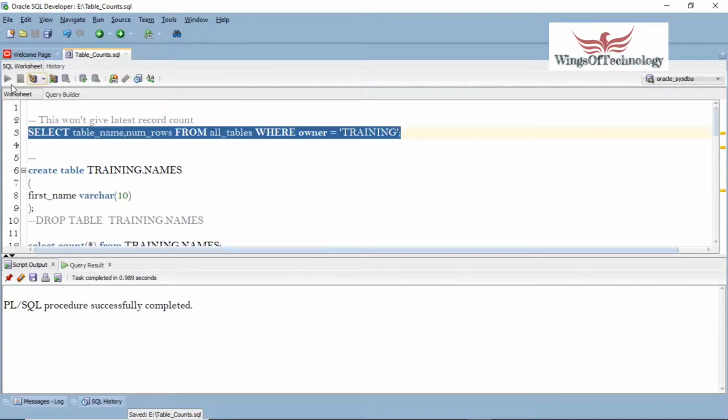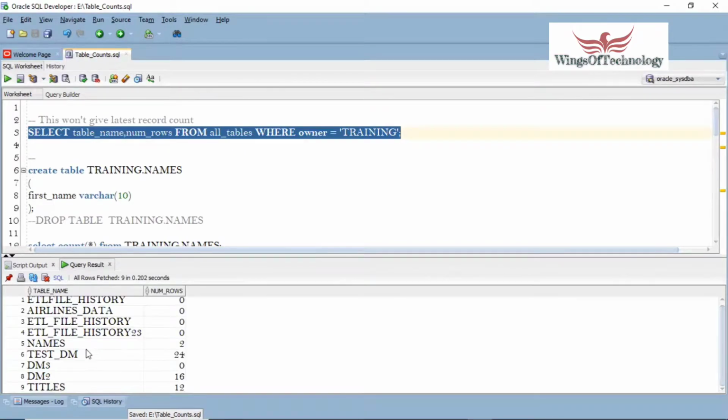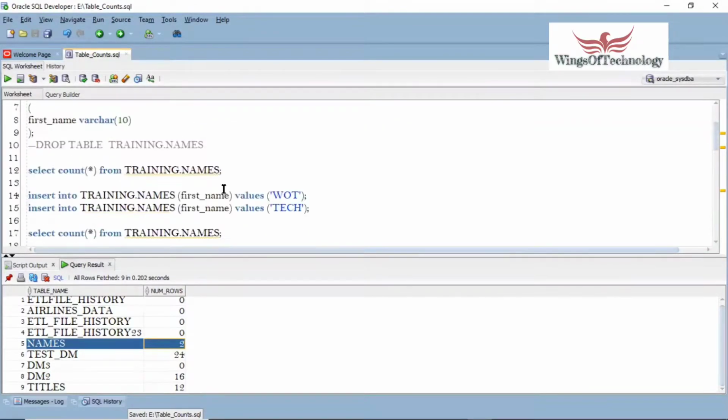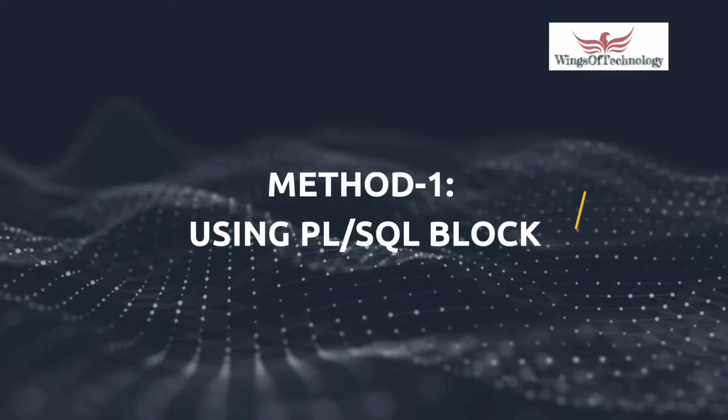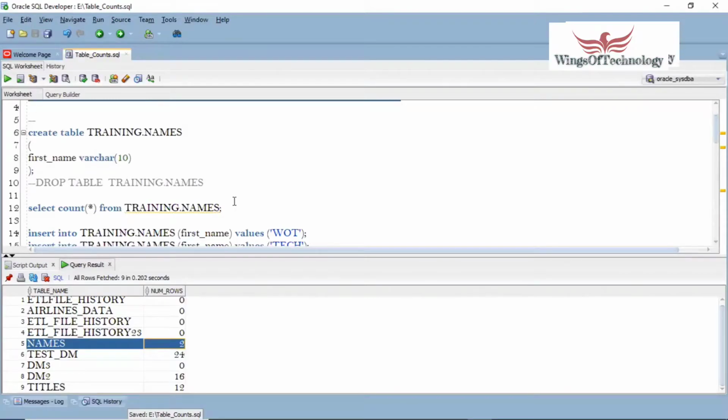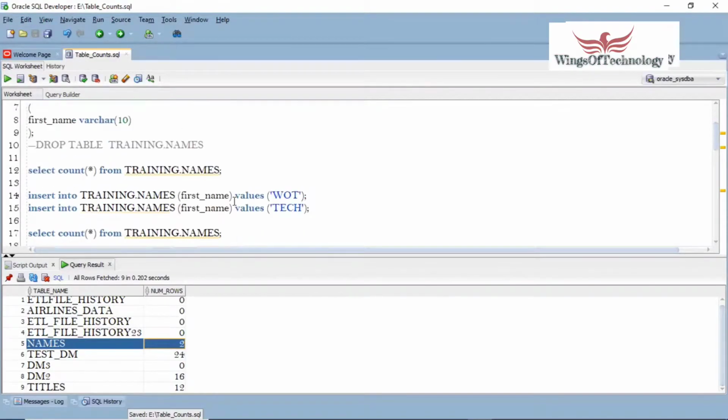Now check again. See now, you can see 2 as the number of rows for the names table. So that's why it is not reliable to depend on this all tables system table. Now we will go to method 1.